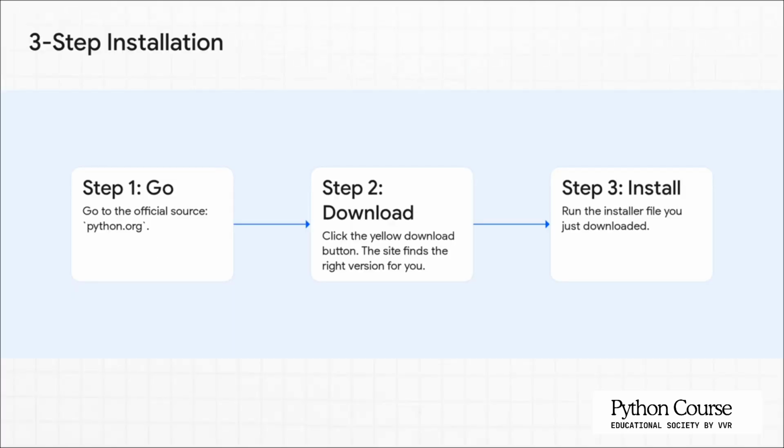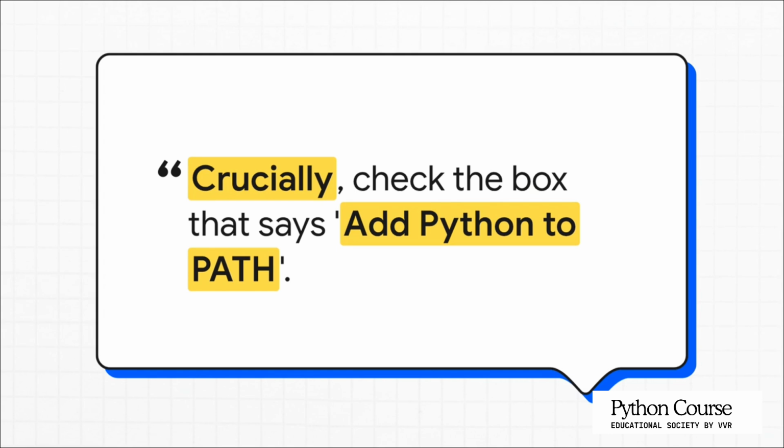And you're gonna love this. The quest itself is actually super simple. First, you go to the one and only official source, python.org. Step 2, you're going to smash that big yellow download button. The website is smart. It'll figure out exactly which version you need. And then third, you just run the installer file it gives you. That's it. Now wait, before you click anything, if you're a Windows user, listen up, because this is the single